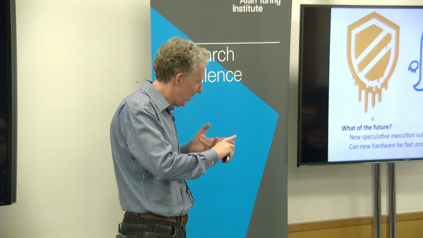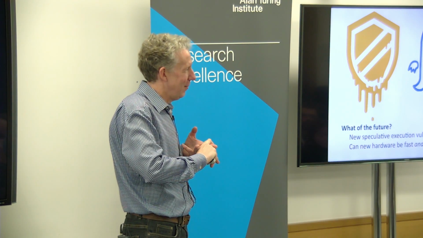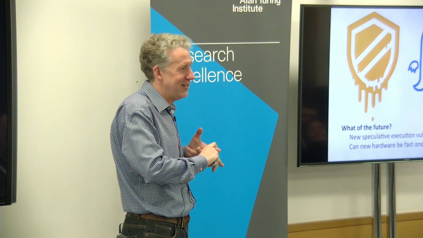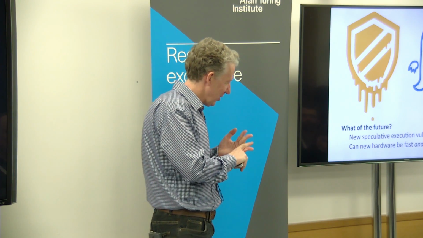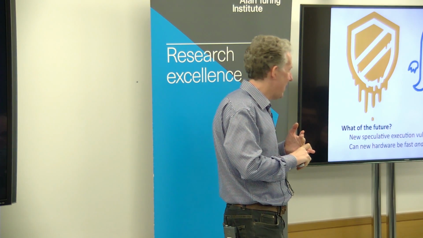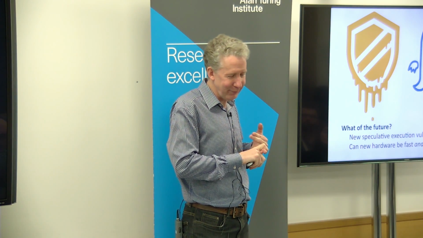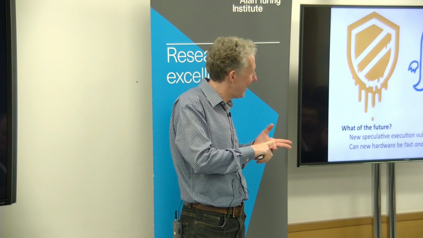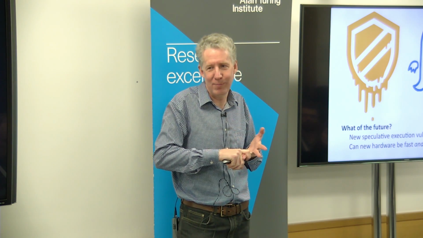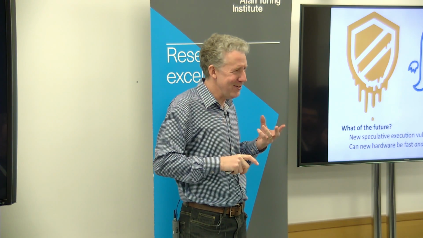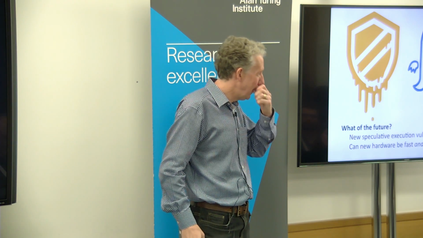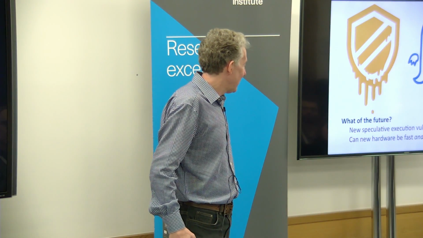Meltdown should be gone with the next generation of hardware. Whether it is will depend on how long it takes Intel to ship new hardware. Spectre 2, we can work around that one, but it should really be gone. But again, it will probably take longer to mitigate. For Spectre 1, I don't see how we're going to prevent that one. Now, I'm not a hardware designer, so I may just be missing stuff, but it feels like the CPU needs to know stuff that it can't know to be able to mitigate that one completely. So anyway, that's